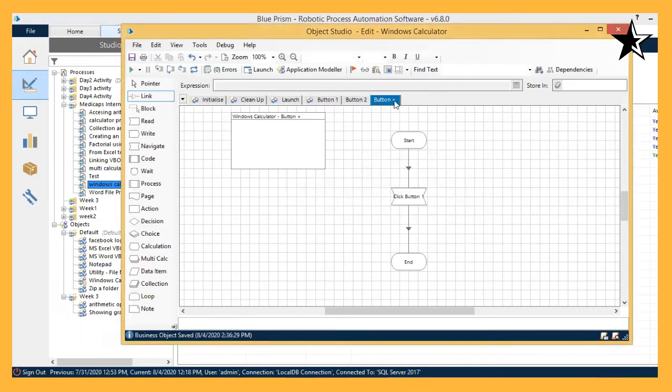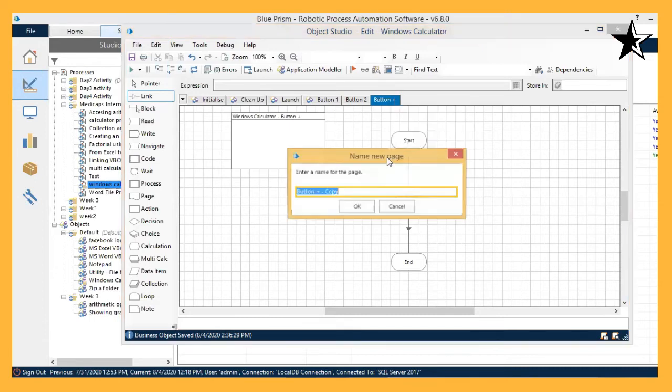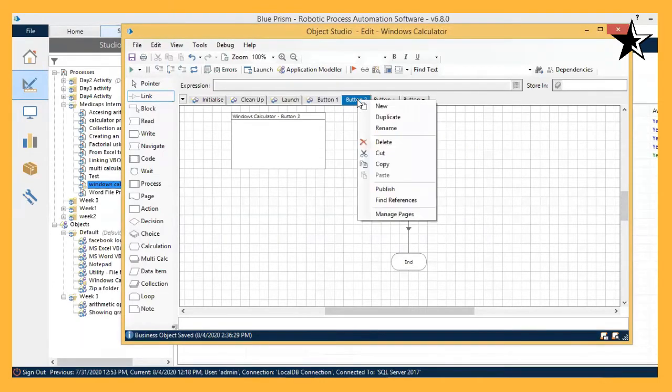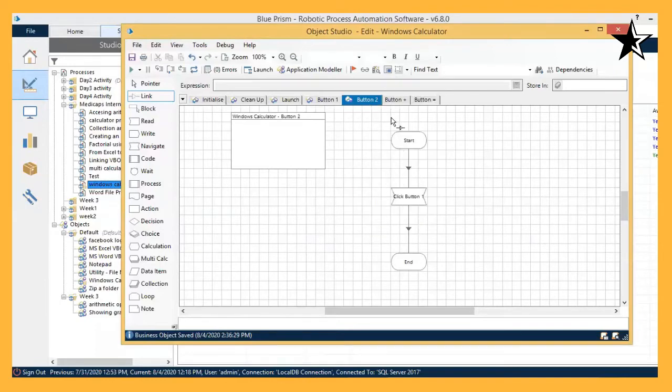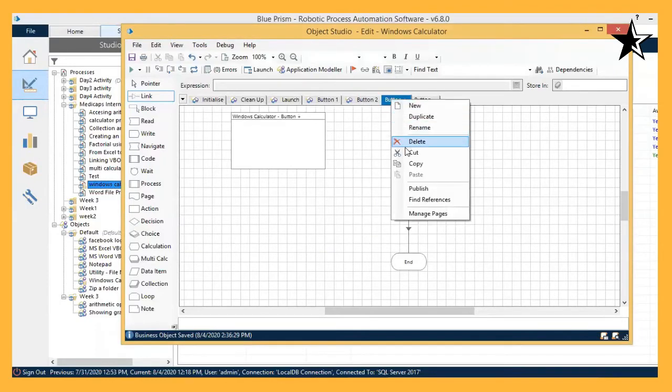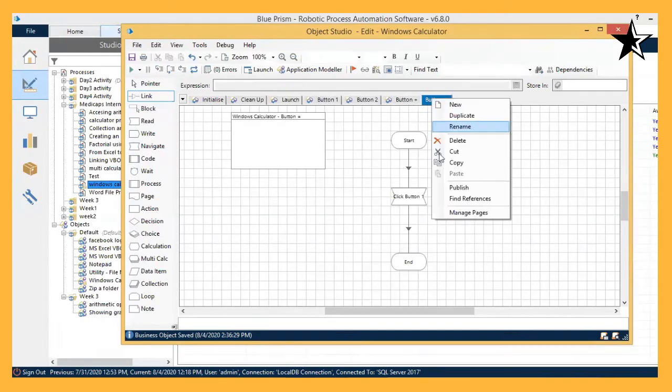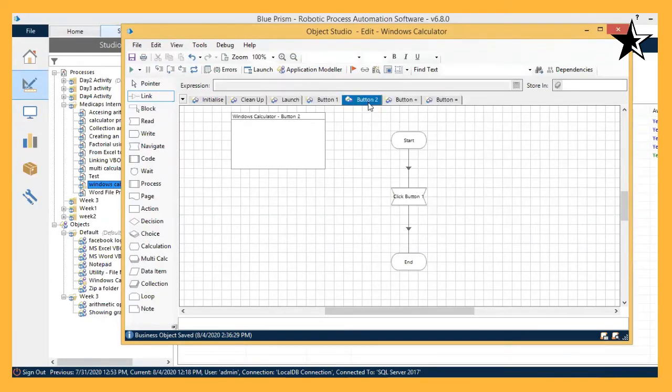Okay. I name another duplicate of it, make it as button equals, because I want to perform the addition, so button equal will be required. Similarly, I have to publish all these buttons. Let's publish all these pages inside this video, and you need to change the properties as well. So button 2, button 1, button 2, button 3, button plus, and button equals.